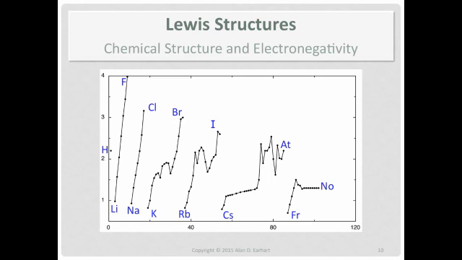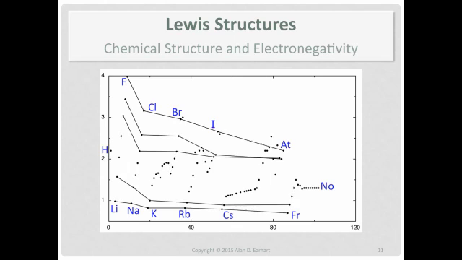Okay, and then if you look at astatine to cesium and nobelium to francium, you also have an additional problem because you've got f electrons involved there. But it's still not a bad pattern. High value of electronegativity on the right, relatively lower as you go from right to left. Then if we look at columns, you can see there's a rough trend. Top of the column, fluorine, more electronegative. Bottom of the column, astatine, lower value for the electronegativity. So it's not bad.